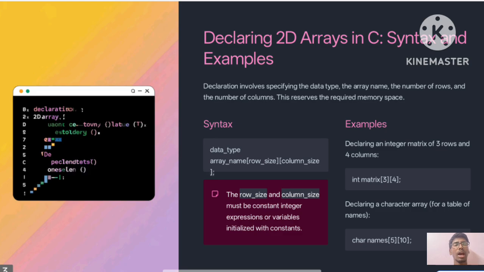Facts and examples. Declaration involves specifying the data type, array name, the number of rows and the number of columns. These specify the required memory. Syntax: data type, array name, row size, column size, semicolon. The row size and the column size must be constant integer expressions or variables initialized with constants. Example: declaring an integer matrix of 3 rows and 4 columns is given by int matrix[3][4];